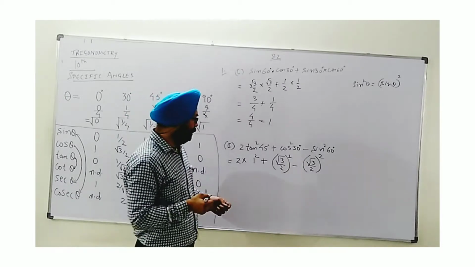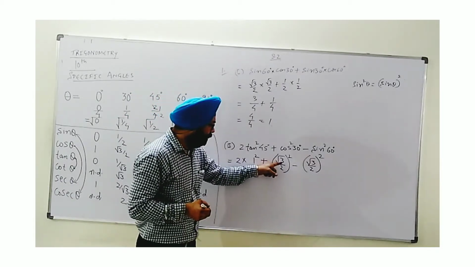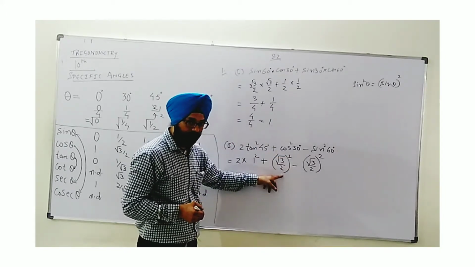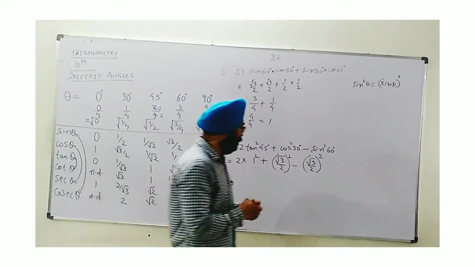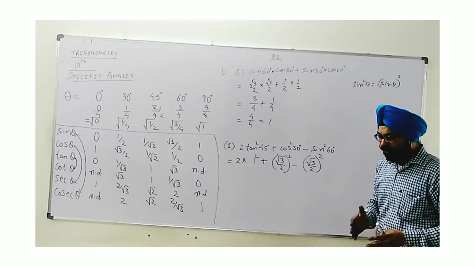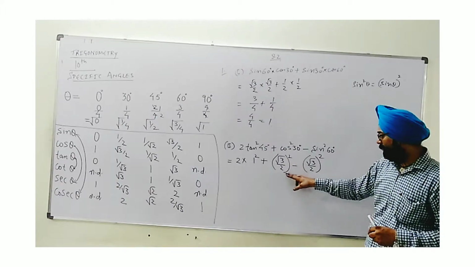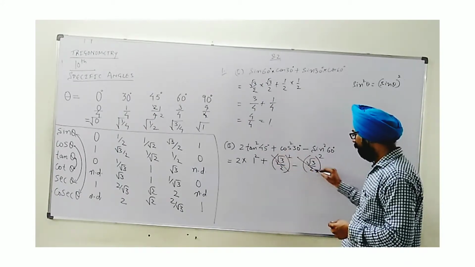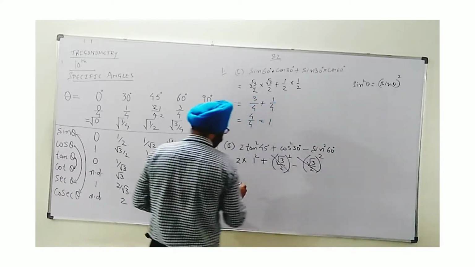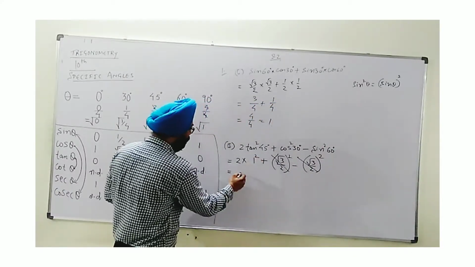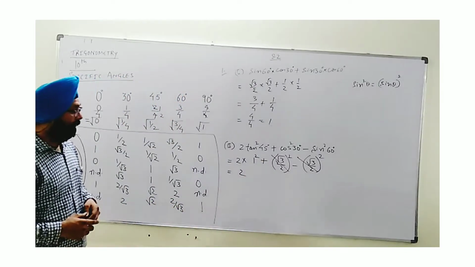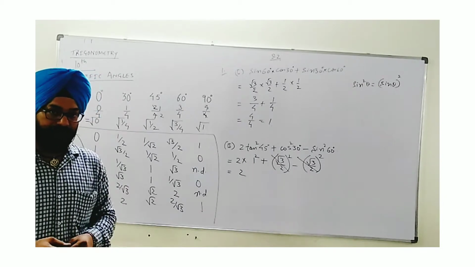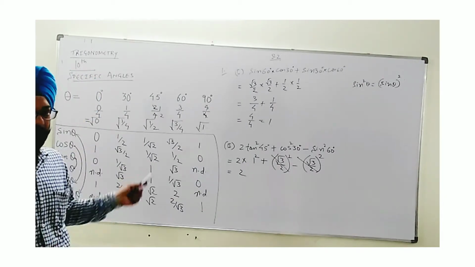Now, by the way, if you solve the squares, you will find root 3 square as 3 and 2 square is 4. But if you are having a good presence of mind, then you can see these two are the same value with plus and minus sign. Simply no need to solve. Cancel them out. This will remain 1 square, 1 into 2. Answer. So this way we can apply this table to find the different types of expressions to simplify them. We'll see more questions from the same exercise.